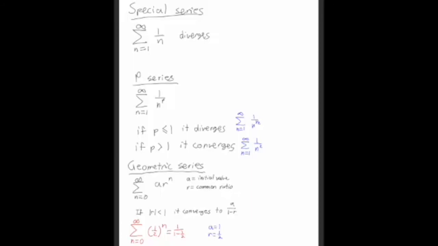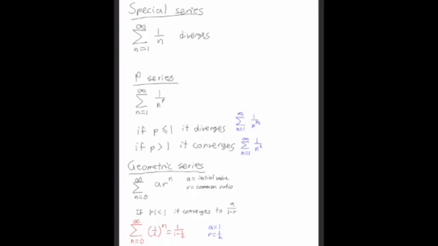So a geometric series is this, where you have the sum from 0 to infinity of a times r to the n, where a is the initial value, r is the common ratio. If r, the common ratio, is less than 1 and greater than -1, it converges to a over 1 minus r. So for example, the series from 0 to infinity of (1/2)^n converges to 1 over